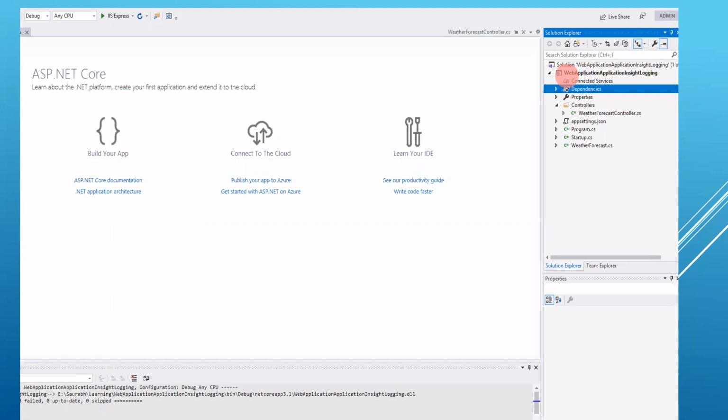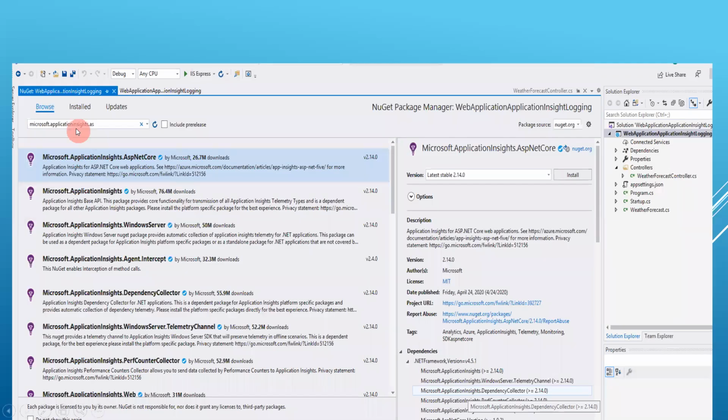Now we have to see what all the steps are that you need to follow to log in application insights. The first step will be that we have to add a NuGet package. So just right click on the project and select manage NuGet packages. Once you click it, you will get an option to search.